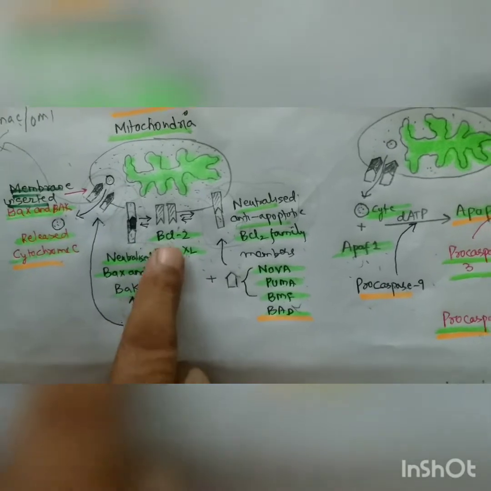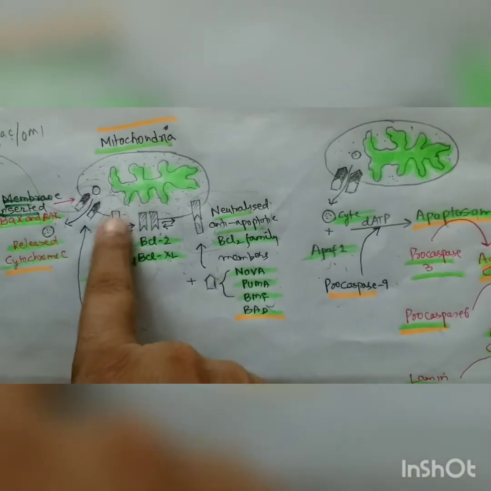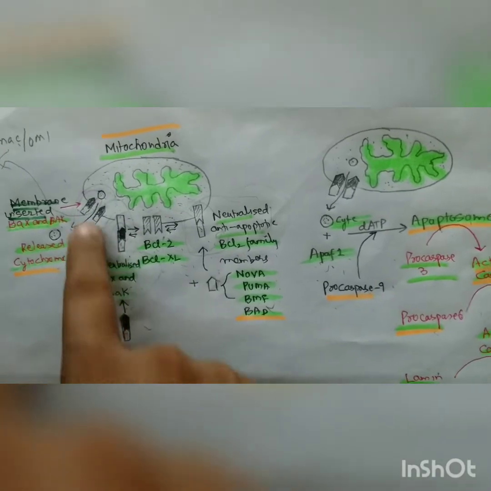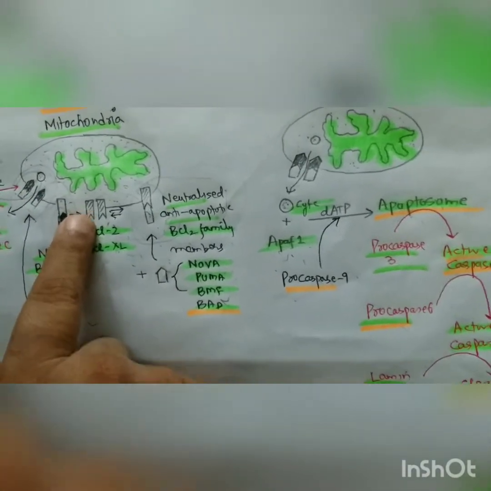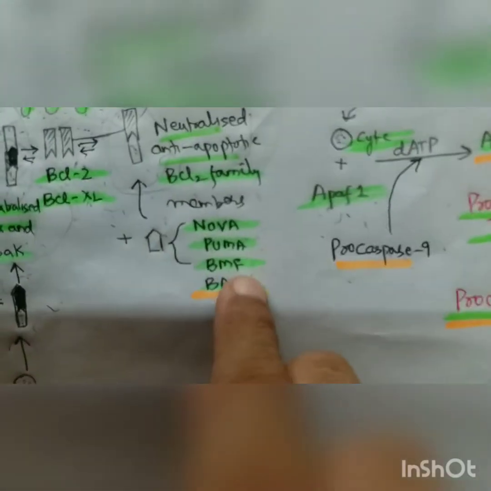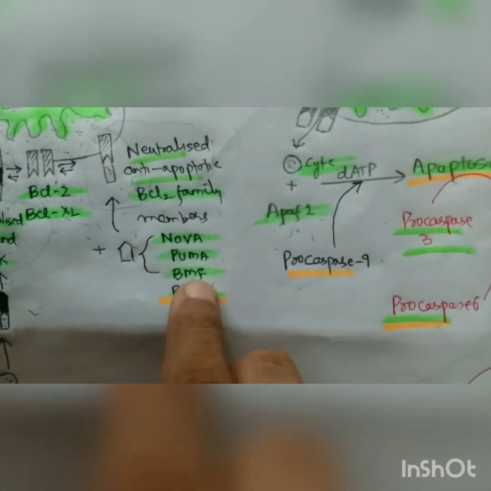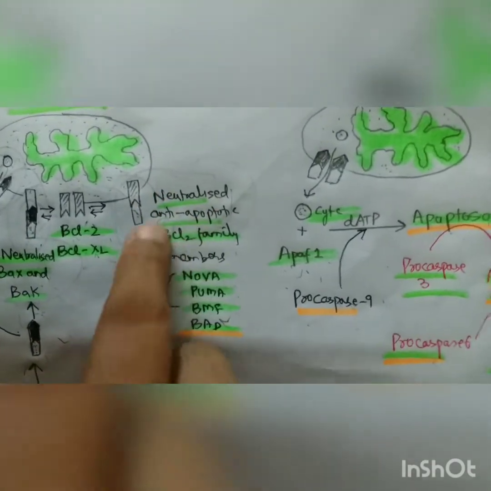But they are caught hold of by these anti-apoptotic BCL2 and BCL-XL. They catch hold of it and do not allow it to make pores. If somehow you make pores, it can again make it impermeable. Now comes into the picture the BH3, NOXA, PUMA, BAD, BID, and they catch hold of BCL2 and BCL-XL, neutralize them,